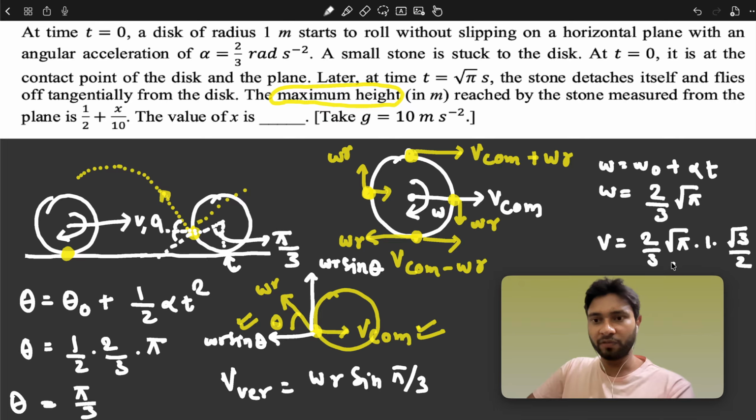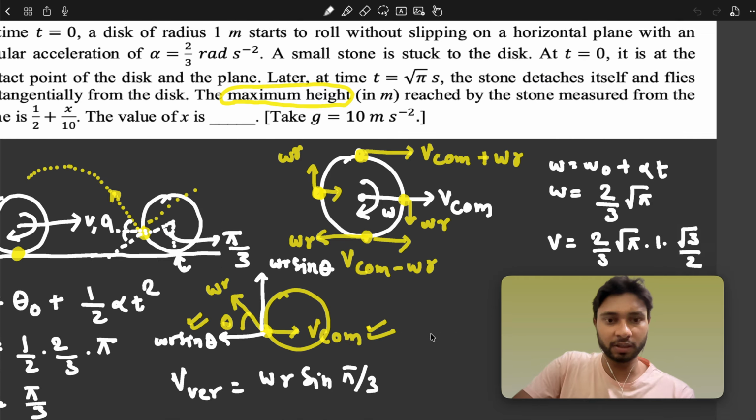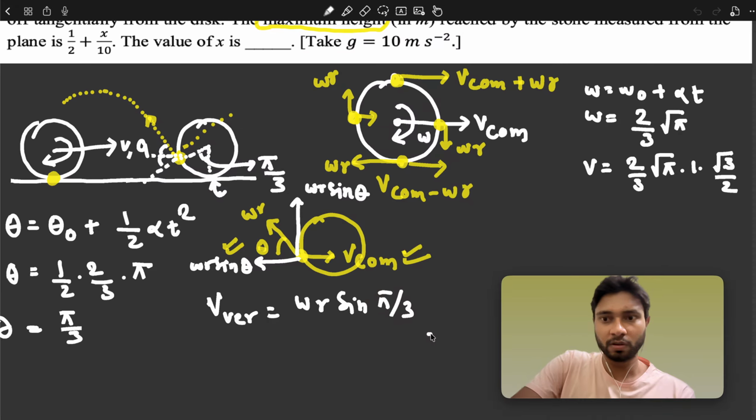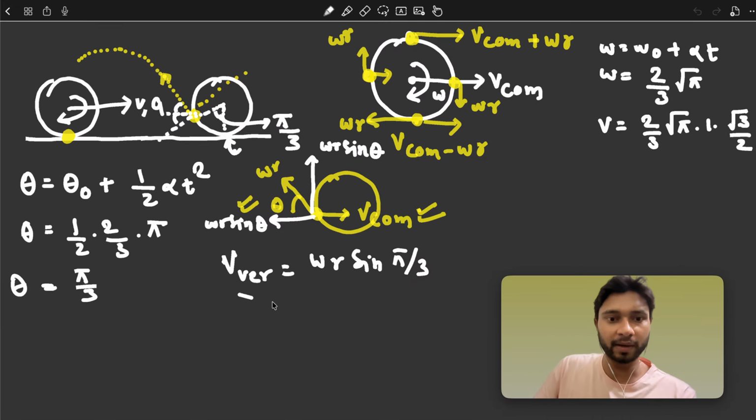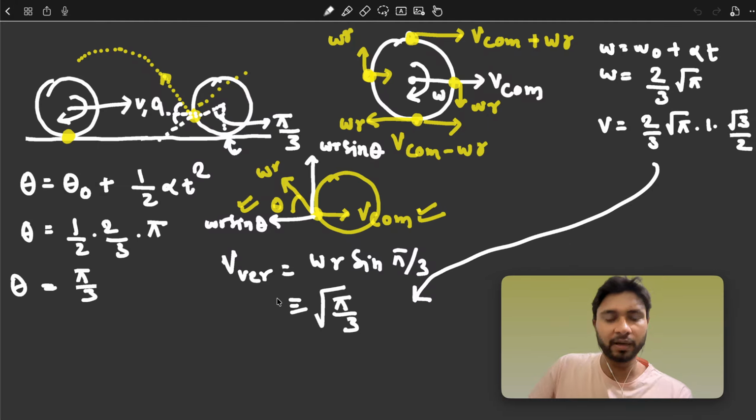So overall, if you calculate, velocity will be root pi by 3. This is root pi by 3. Okay, I've put back the value from here. The value is equal to root pi by 3, and if we calculate